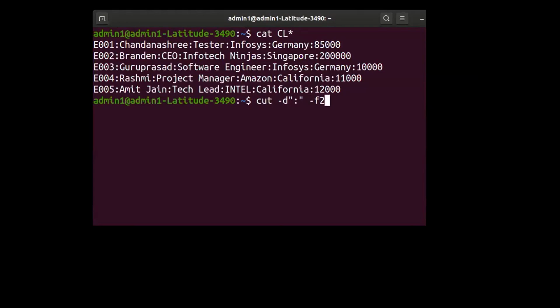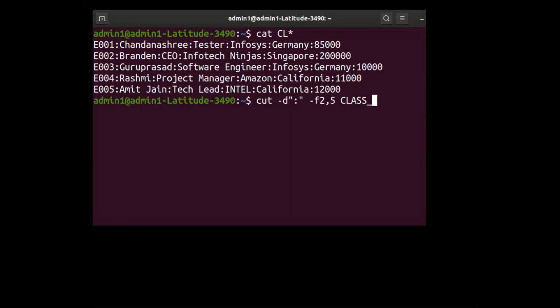Correct, fifth field. So you just put a comma. Be careful. Whenever I say cut -f2,5, it means display the second field and the fifth field. It is not a range, it is not 2 to 5 wherein it will display 2, 3, 4, 5. No. 2,5 means display the second field and the fifth field of which file?